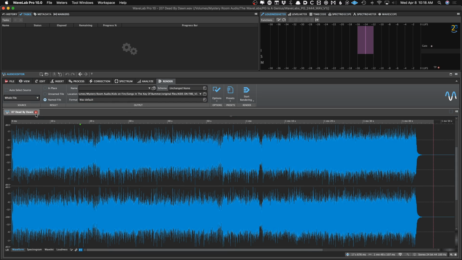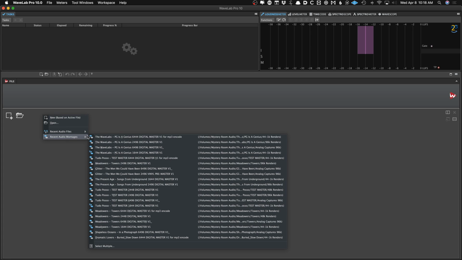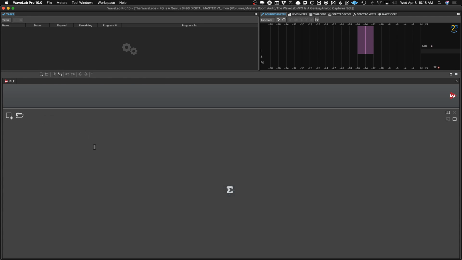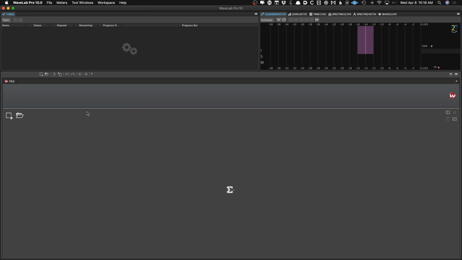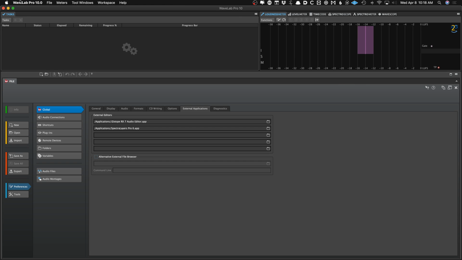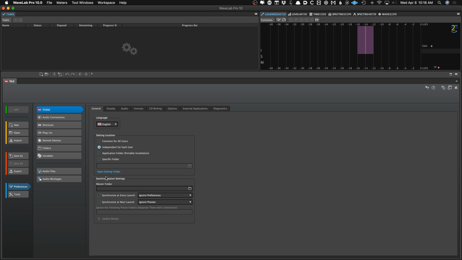But it has the audio editor, and then it has the audio montage, which I showed you in my little walkthrough. The audio montage is where I do 99% of my work, but I am going to show you the audio editor first because it's a little simpler and quicker to get through. But some basic settings to be aware of. In the preferences, you just go to WaveLab and preferences. There is a settings folder, and this is an important folder that I think you should save